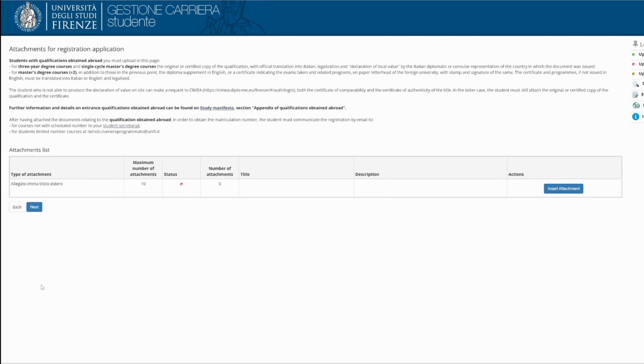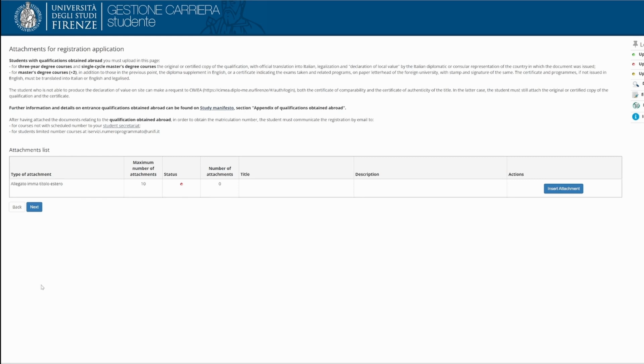If you are enrolling in a master's degree program, you also have to upload a copy of your transcript of records, legalized or apostilled. In alternative to the declaration of value, you can upload the CIMEA certificates of comparability and verification.